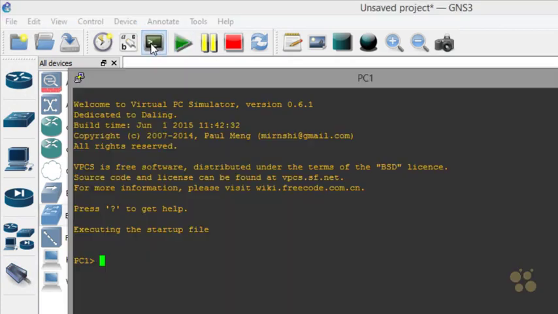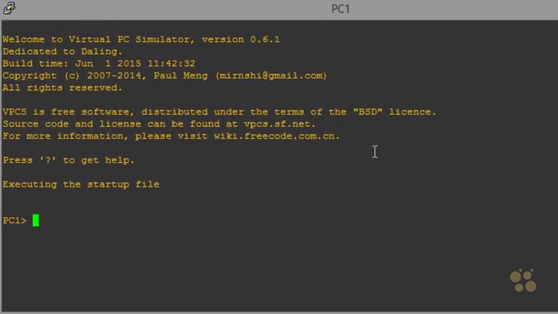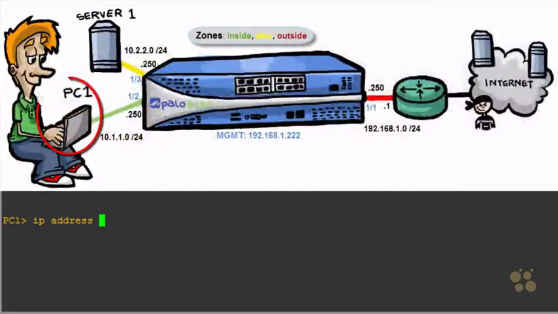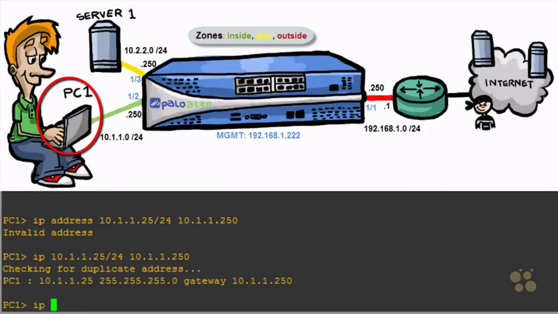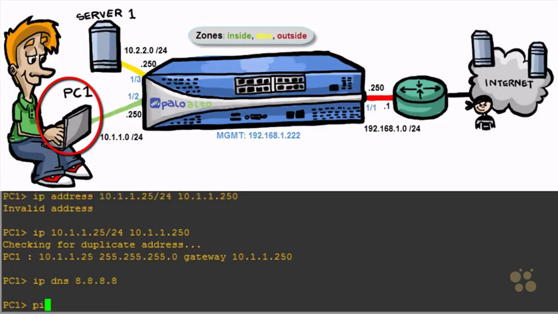We'll open up our console to PC1, and here at PC1, let's do an IP address. Let's give the IP address of 10.1.1.25 with a 24-bit mask with a default gateway of 10.1.1.250, which is the inside interface that's associated with the inside zone. And it doesn't like the word address, so I need to just put in IP, and then the actual IP address. There we go. And we'll also give it a DNS server. So IP, DNS, and we'll give it 8.8.8.8. That looks great. And then let's try a ping out to